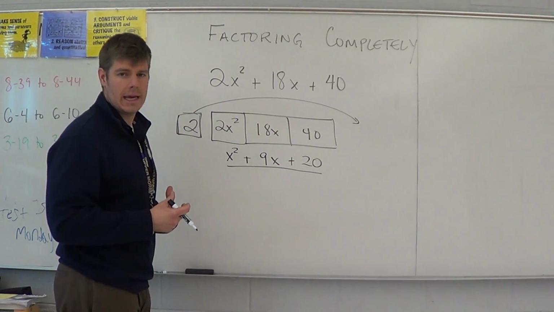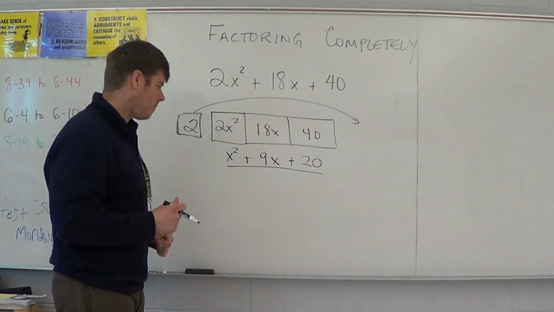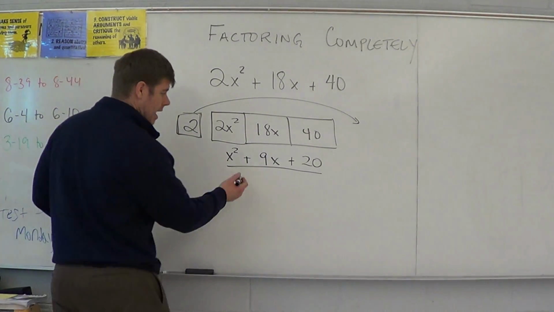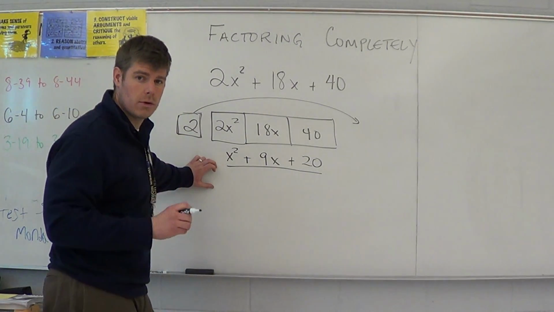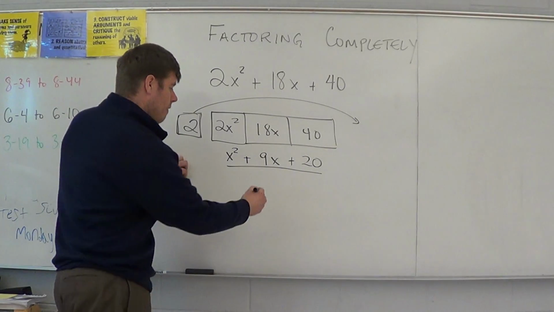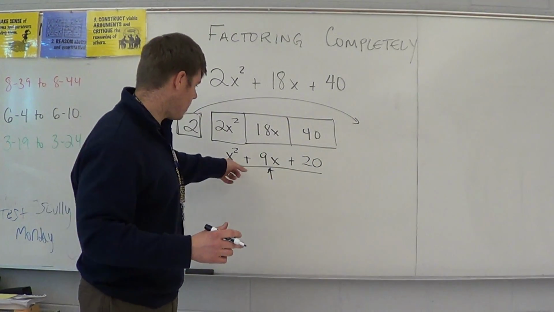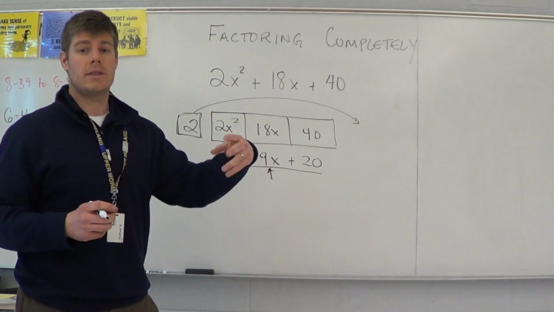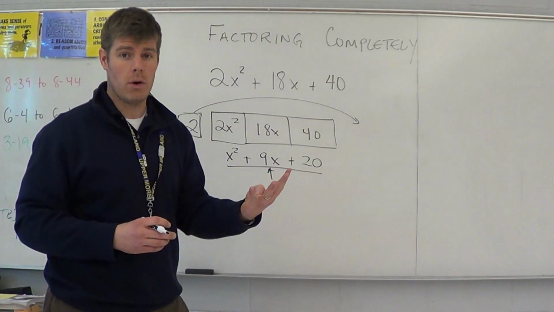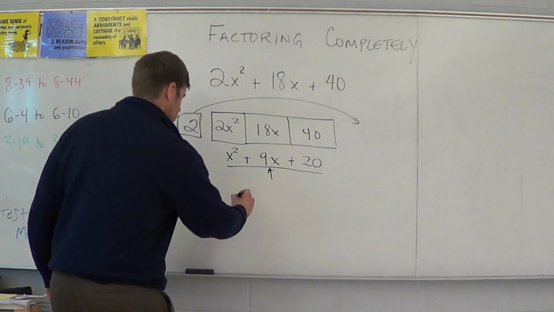Like I said, I'm going to use the AC method because I think most kids do a lot better with this. So the AC method requires us then now to draw another grid. But now we draw a 2 by 2 grid. So we draw 4 boxes, and that's all because this term here, again at the end, remember that this quadratic trinomial was formed by a binomial times a binomial, which means 2 terms in each, which means 4 terms total, which means that the answer had 3, so I had to have 4 originally. So we draw this